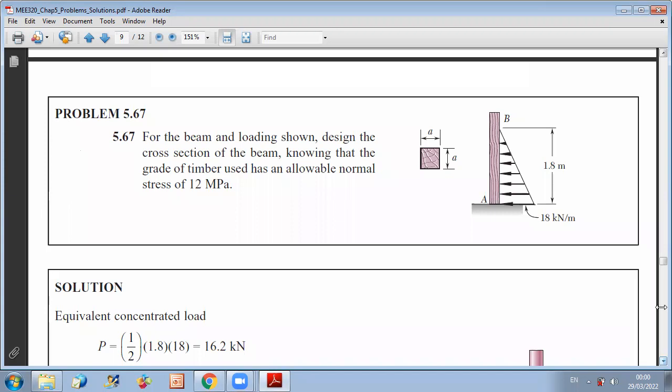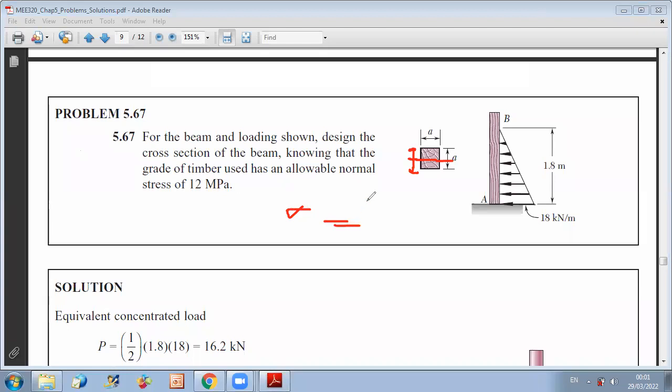And again, here, because of the symmetry of the cross section, C1 is equal to C2. So whenever I have C1 equal to C2, the maximum value of tension is equal to the maximum value of compression taking place. And then all I have to do to design what should be A is to draw the bending moment diagram of my beam, determine the absolute value of the maximum bending moment, and say that sigma is equal to the absolute value of M max